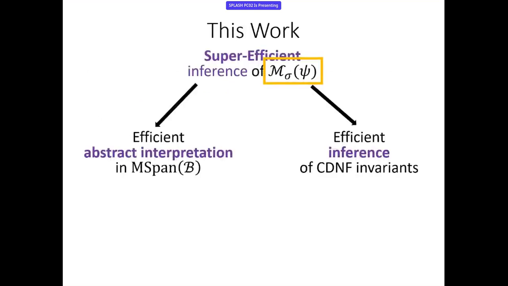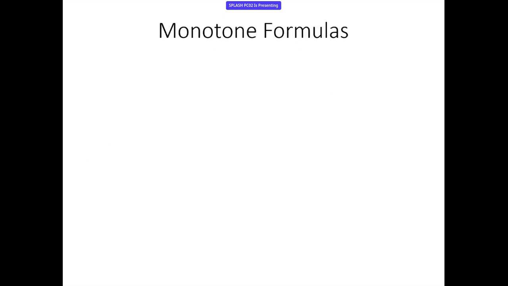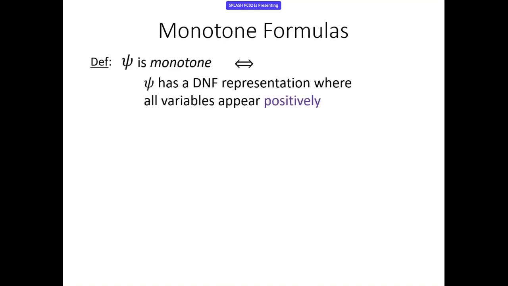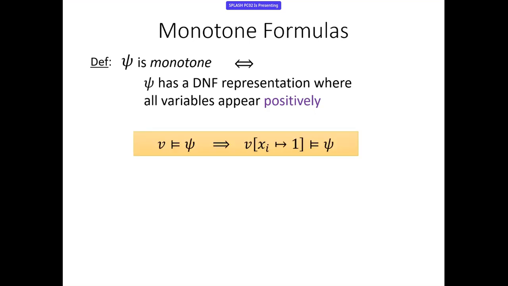So I think this is the time to say what the monotonization operator of Bshouty really is. Our starting point is monotone formulas, as the name monotone theory may suggest. If we think about it more formally, a formula is monotone if and only if it can be written in disjunctive normal form, as disjunctions of conjunctions of variables without negation. So all the variables appear only positively. The intuition for the name monotone is that such formulas are closed under flipping variables to true. If you start from a state that satisfies the formula and you flip a variable to true, then the resulting state also satisfies the formula.